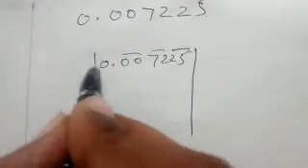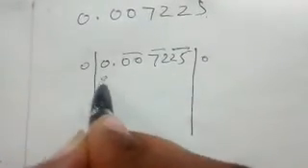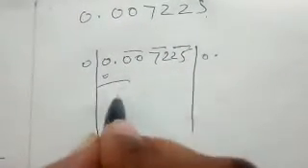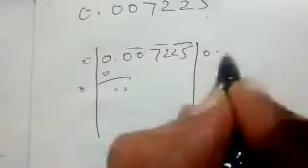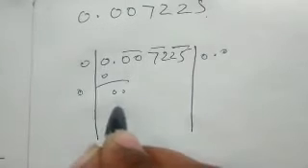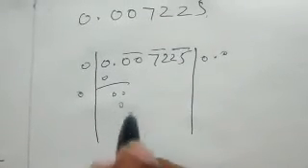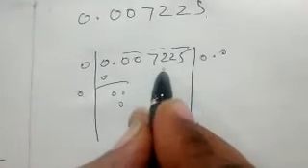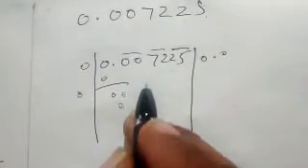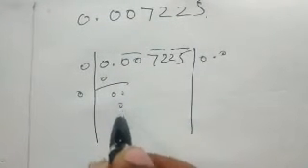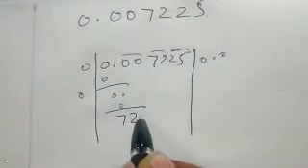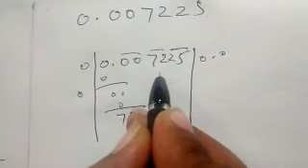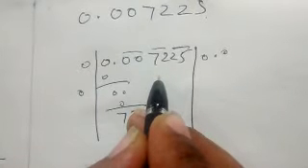Okay, the first rule is take a pair. So still becoming 0. 0 0 is 0. So directly we can put 0. So 2 zeros also we can put it as 0. 0 0 is 0. So becoming 0. Now take the other numbers. 72, right? So take the 72 number directly. If you get down the 72 table, so what is the table we are going to do? 2 2 is 4.